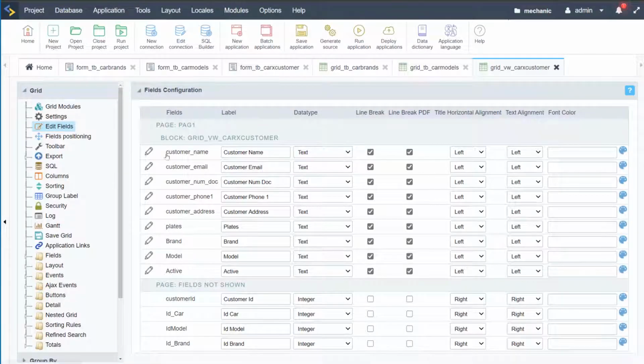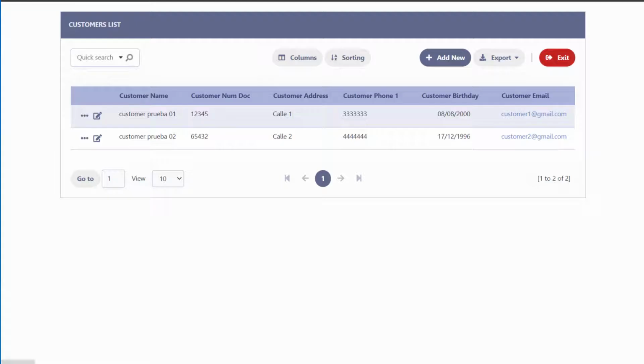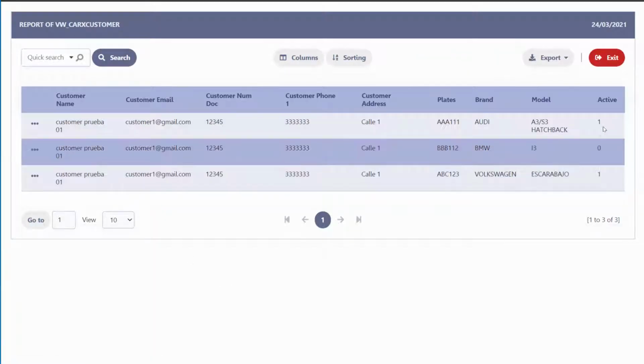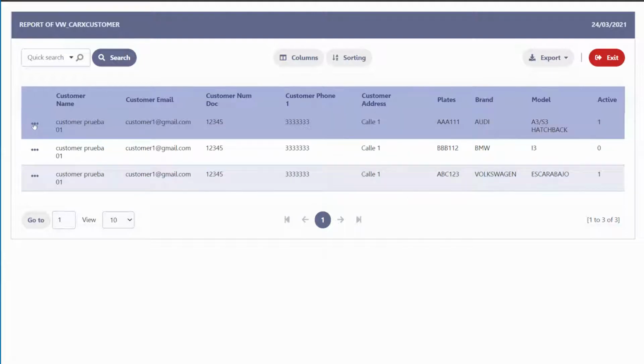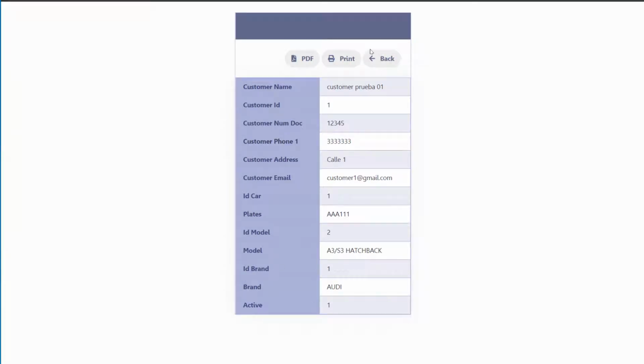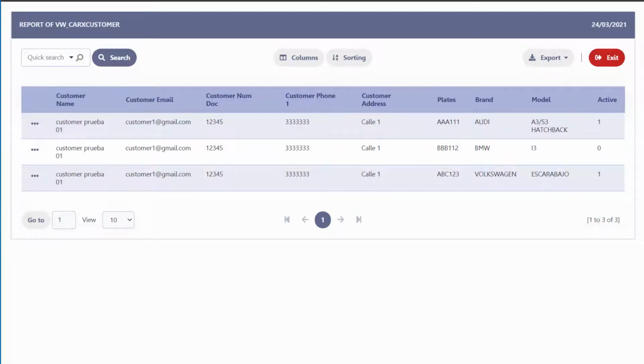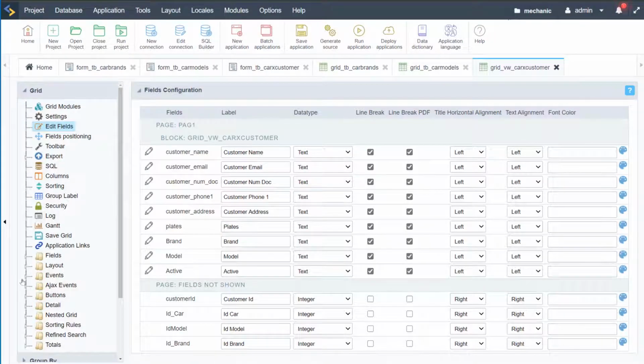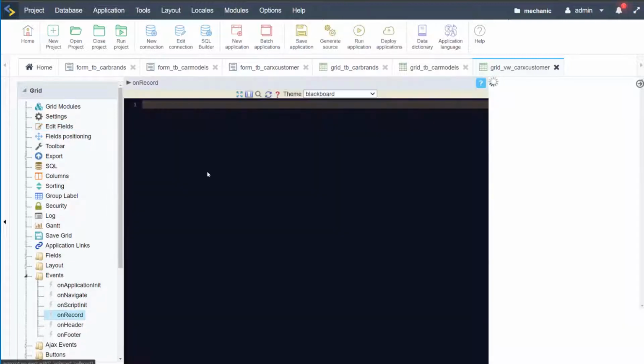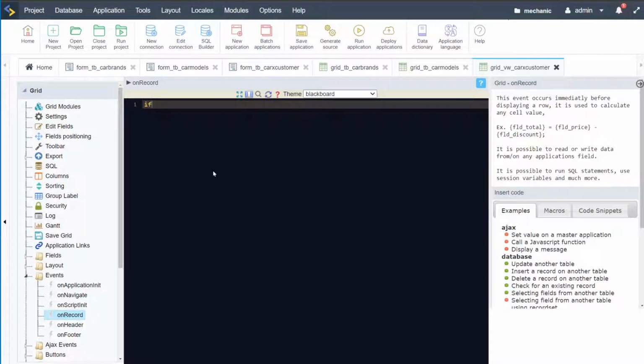okay, and then within our application, let's go ahead and run that first of all and check out the new grid. And we see here the active status. We have here also details, so we can view more information if we wanted to. And what I'm going to do on this one is highlight that active. So if I come here to events, and then on record,